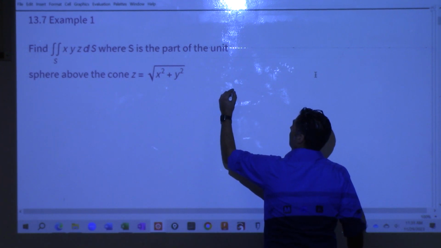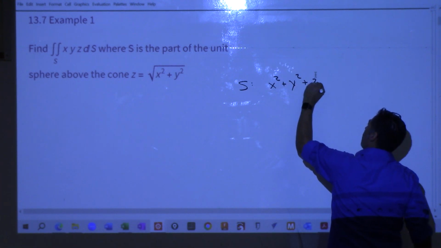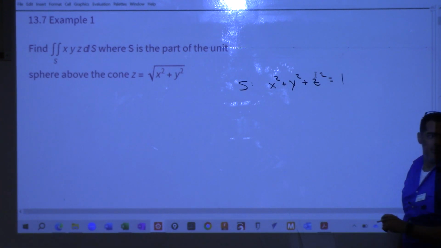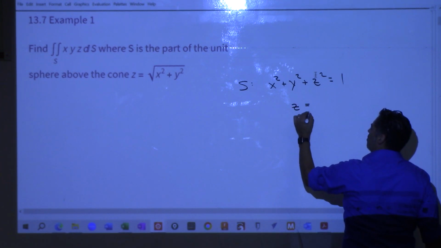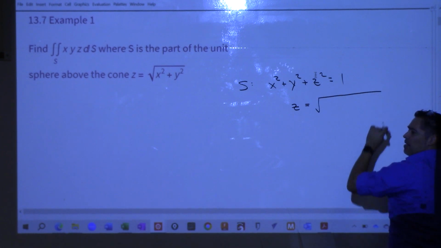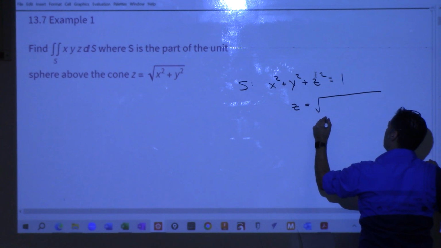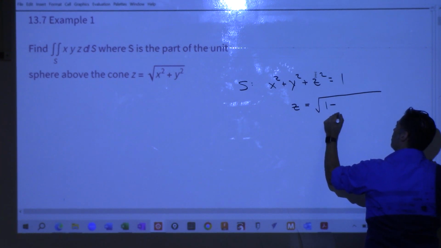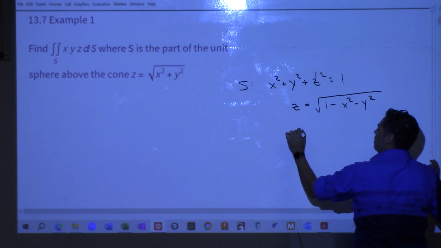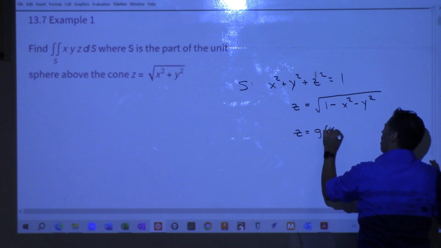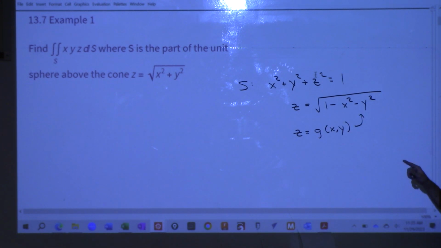We could have said, for the surface S, we could have gone with the good old fact that this was x squared plus y squared plus z squared equals 1, right? Solved it for z, and then it would have been a plus or minus. But I'd only be doing the plus because I'm talking about that top piece. And that would go, let's see, solve 1 minus x squared minus y squared. So this right here, z, this is my function of x and y, isn't it? Right there. Now, if you're going to do this, you need to be able to talk about the domain on